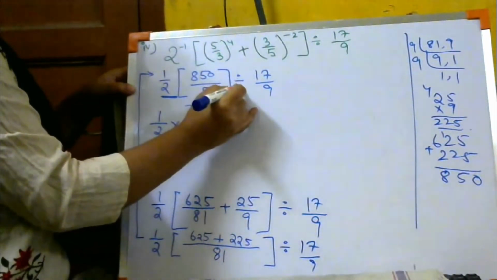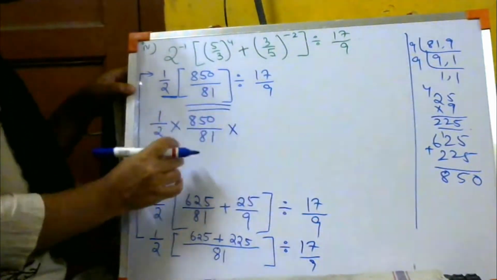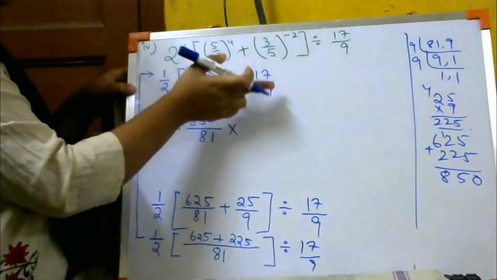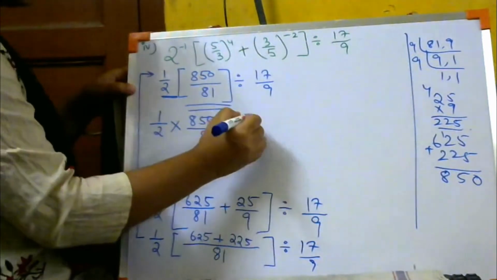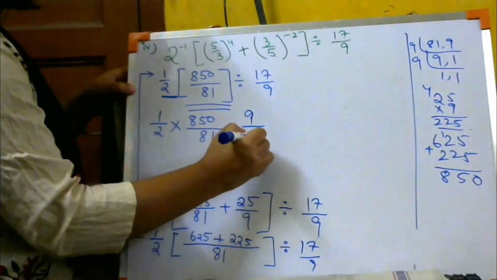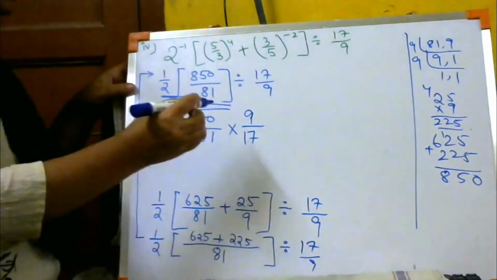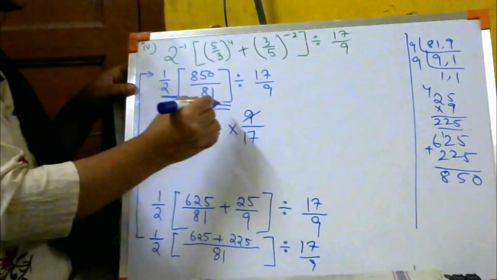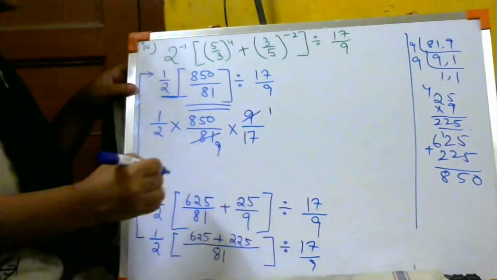When I am changing this division into multiplication sign, what will happen to this second digit? 9 ऊपर चले जाएगा, 17 नीचे चले आएगा. तो 9 ऊपर 17 नीचे. ठीक है? So over here, if I cancel with 9 tables, 9 ones are 9, nines are.